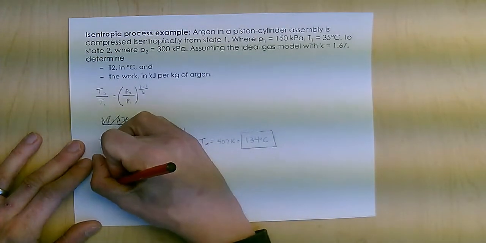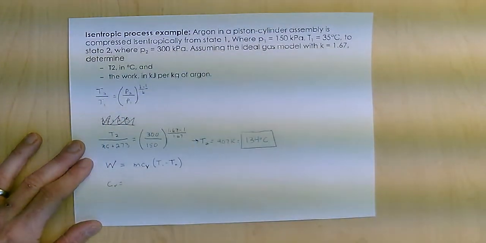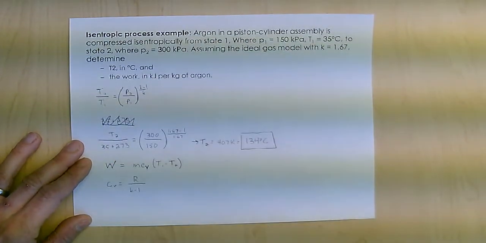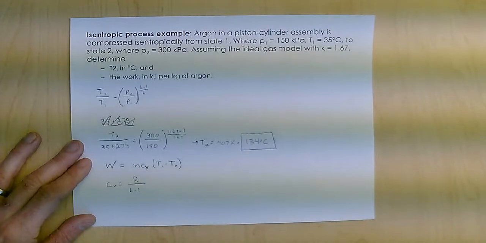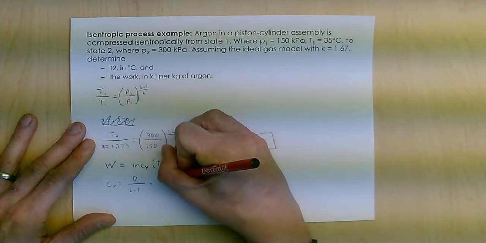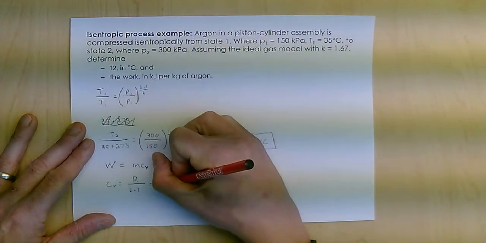For Cv, we have this relationship that we talked about back in chapter 3, which is R divided by k minus 1, where R is 8.314 divided by